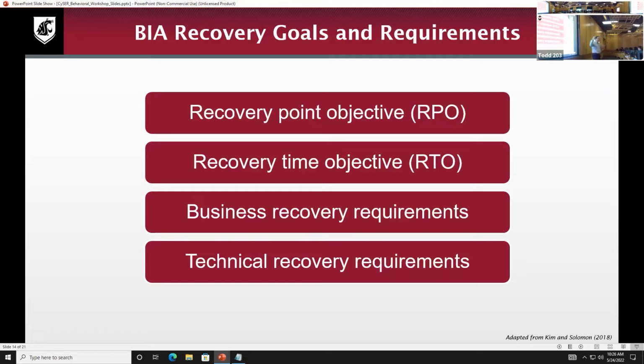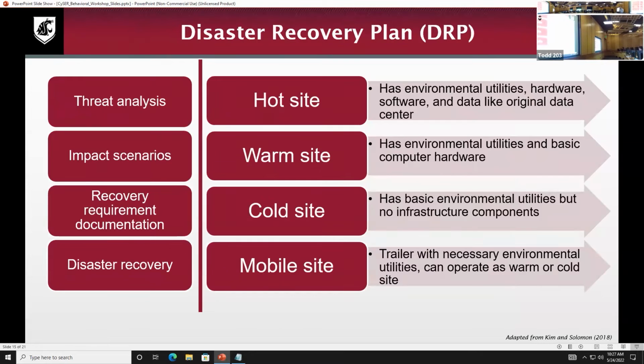If I have one thing that I'm okay with 5 days being how long that service isn't available, versus something that we only want 1 hour, right? When we're trying to prioritize what do we do, these numbers help tell us what is the most important. When you're in the fire of a crisis, it's hard to do these kind of estimates and to come up with what is priority. So having them defined early helps. What are my requirements for getting the business recovered, as well as the technology? Defining those helps us know where we are going to put resources when things happen.